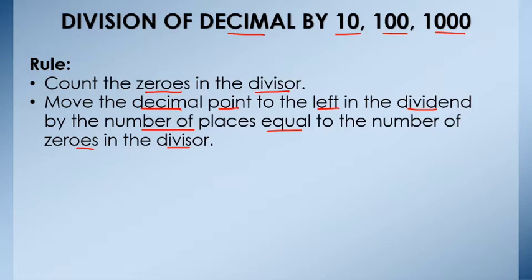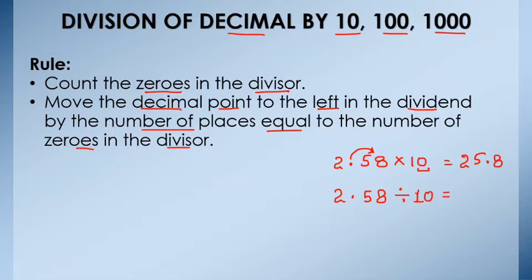As we have studied in the previous exercise, whenever we multiply a decimal number by 10, 100 and 1000, like if we multiply 2.58 by 10, as you can see 10 has 1 zero. So what we used to do, we shift this decimal one place in the right direction. That means this decimal will be shifted one place to the right and it will be equal to 25.8. Now in the case of division, if we have to divide this same number by 10, then what we will do? We will shift this decimal one place to the left now.